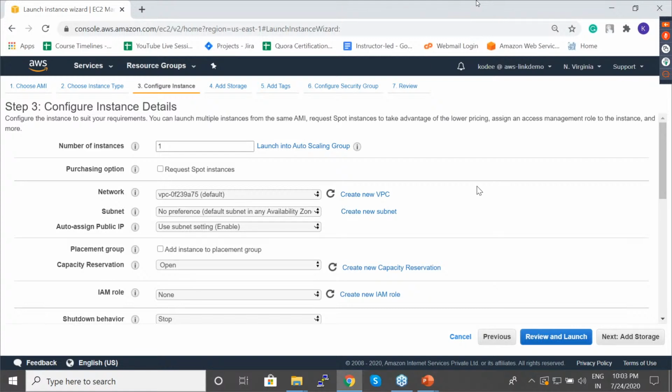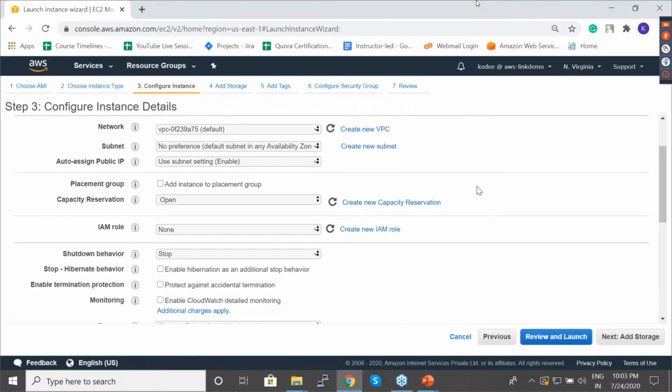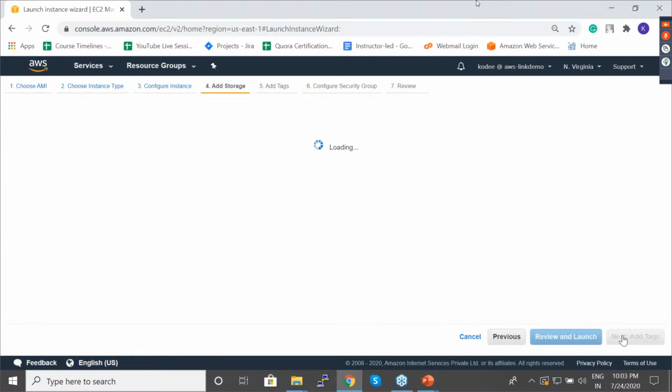Only you can access that. So that's the basic definition, but there is a lot to it. So we'll not be going into that. We'll just concentrate on EC2 right now. So there is nothing else you'll have to change over here, guys. Just keep this to 1 and then go to storage.